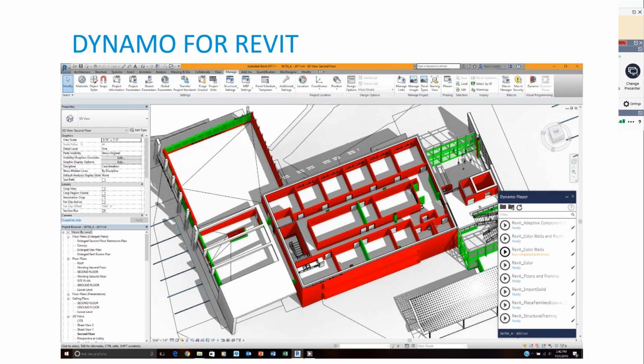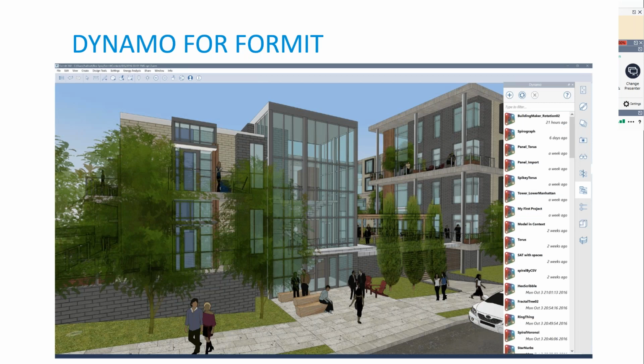Today you have a Dynamo utility, or a smaller version of Dynamo, specifically developed for Revit. This version, which we call Dynamo for Revit, can be accessed directly from within Revit itself, and it will have specific libraries and packages pertaining to the core workflows that we use in Revit. Similarly, we have a Dynamo for FormIt.